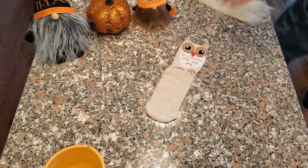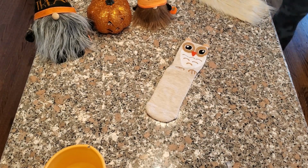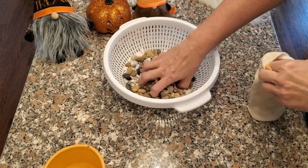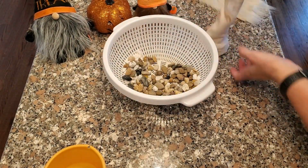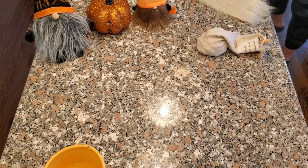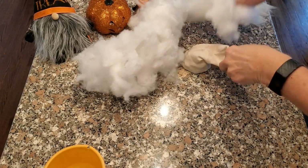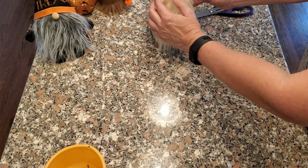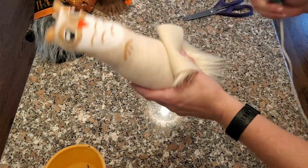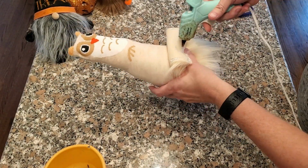Gnome number 3 is going to be an owl gnome, and if you go to the Dollar Tree, you've probably seen this owl sock before. I've bought them all. I have the pig and the owl, and I think there's a koala bear, and I've made gnomes with all of them, but I'm going to make this one kind of like the owl sitting on top of the gnome's head. So you just take the sock,